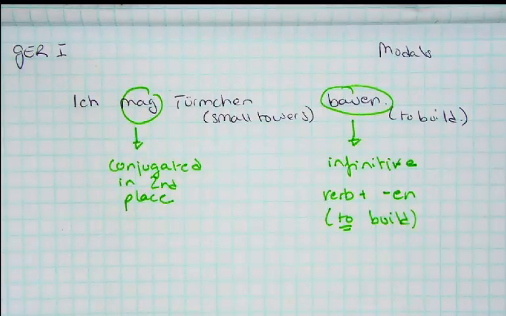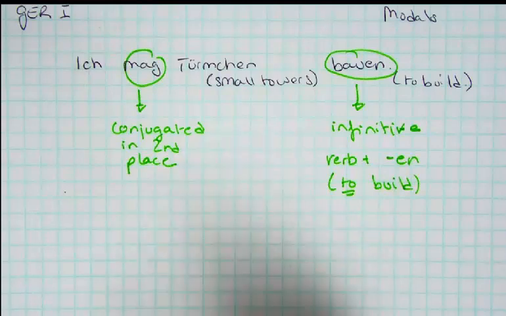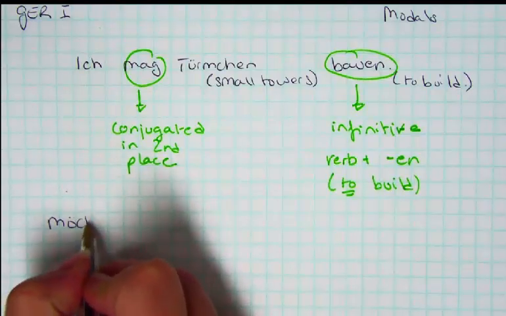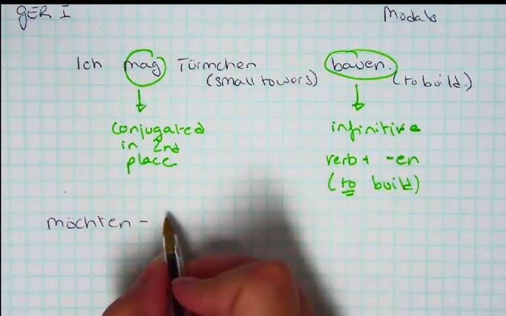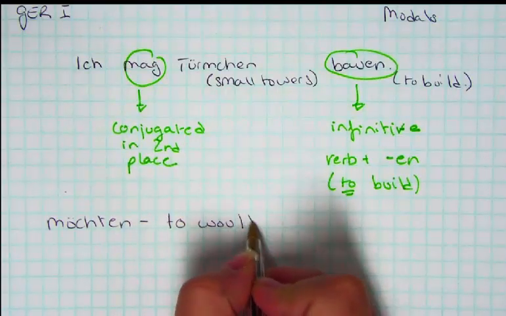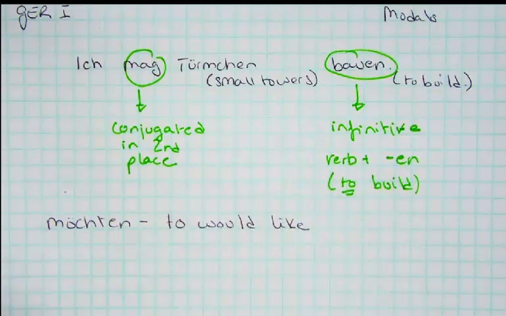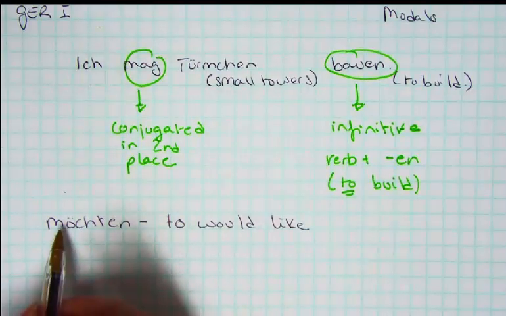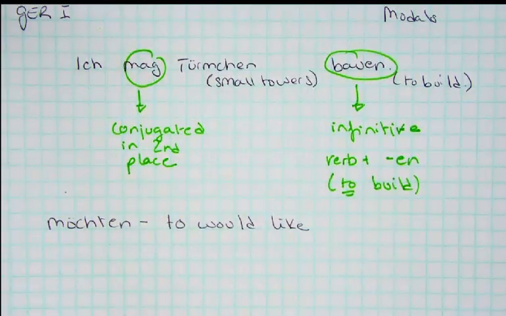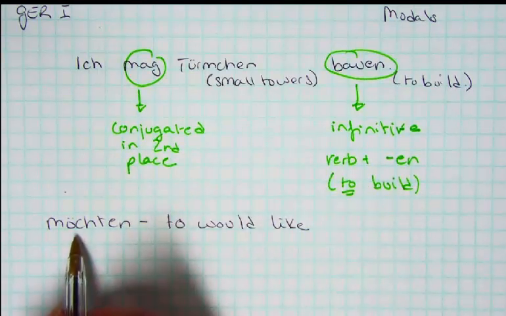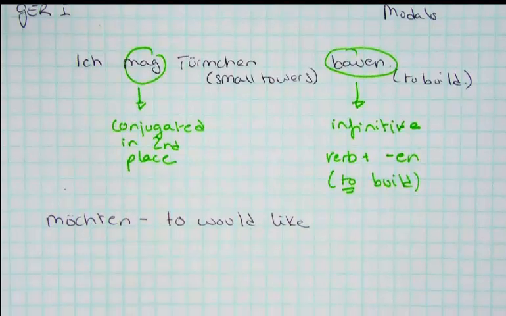Okay. Now, when we went through the modal verbs, I gave you a total of 6.5 of them. And that 0.5, that seventh verb, was möchten. Now, I'm sure you guys remember that that meant to would like. It sounds really awkward when you make it an infinitive because it sounds conjugated, but to would like. Just remember it that way. The reason we're going to take this one out and look at it differently is, first of all, because it's a different form from the other ones. But second of all, it doesn't follow the conjugation rules the same way.